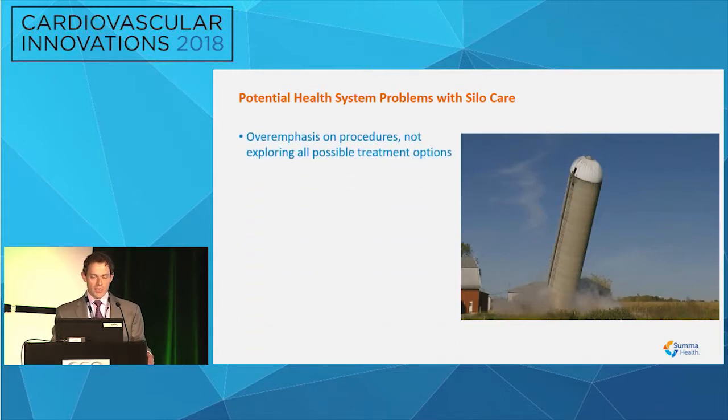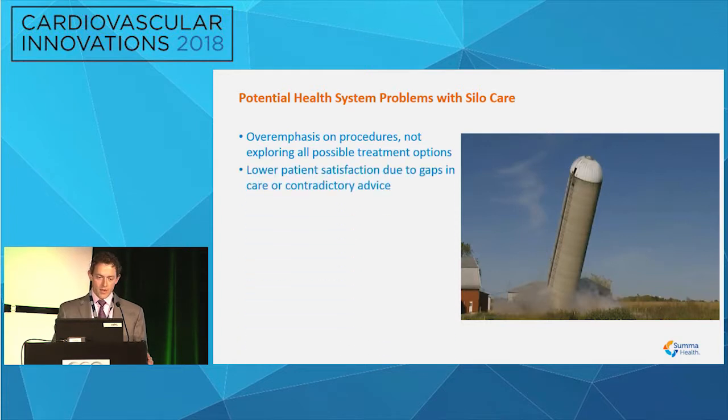Overemphasis on procedures. We've seen potentially in this type of situation where you have multiple different operators in different disciplines that kind of answer to different departments. You might take a patient in and you might push forward with the procedure more quickly so that somebody else in the institution doesn't do the procedure if you decide not to do it. Patient could come to you asking for a procedure, and if you don't do it, somebody else will. Lower patient satisfaction. If you have kind of different silos and patients get filtered between different disciplines, they may get contradictory advice about what they need and what they don't need.